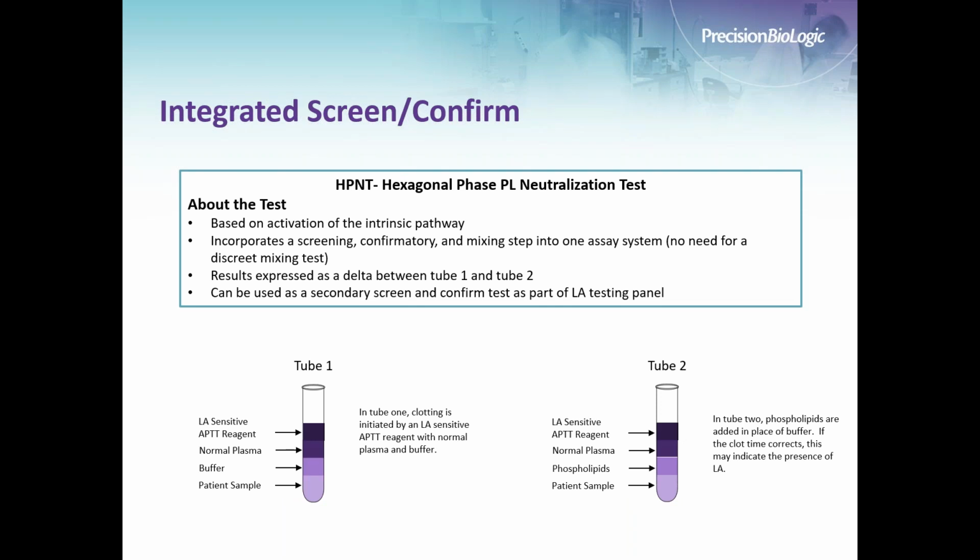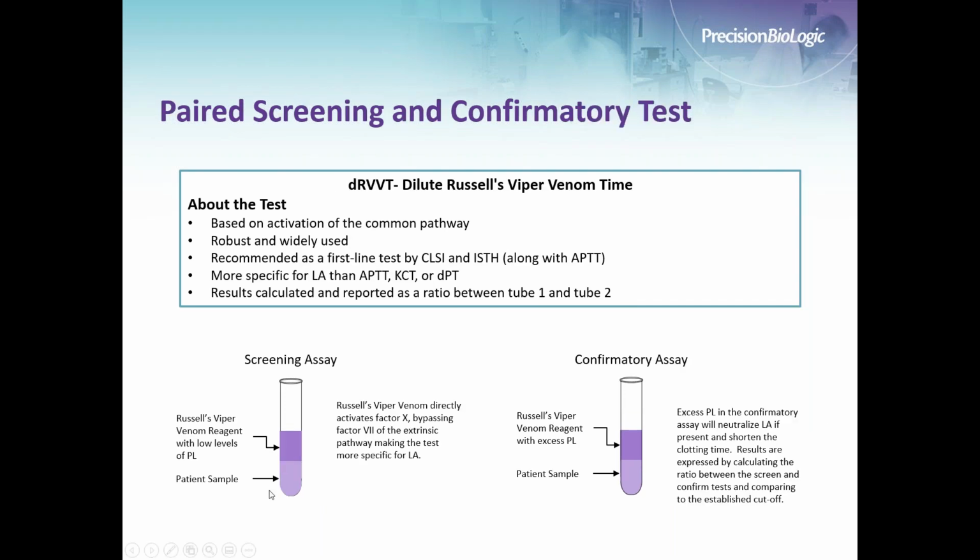Then we have the integrated screen and confirm test. So the example here is the hexagonal phase phospholipid neutralization test. Now, as I mentioned, it does incorporate the screening, confirmatory, and mixing step into one assay system. If you look at the diagram here, it does show the addition of a,